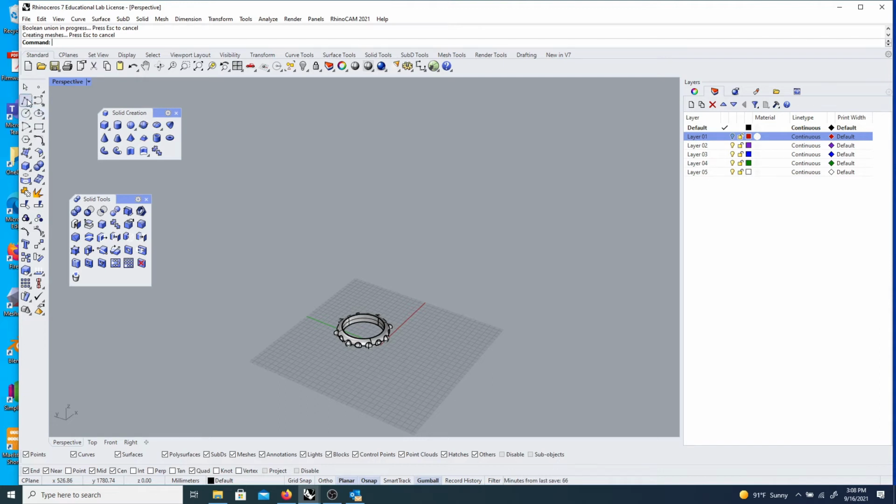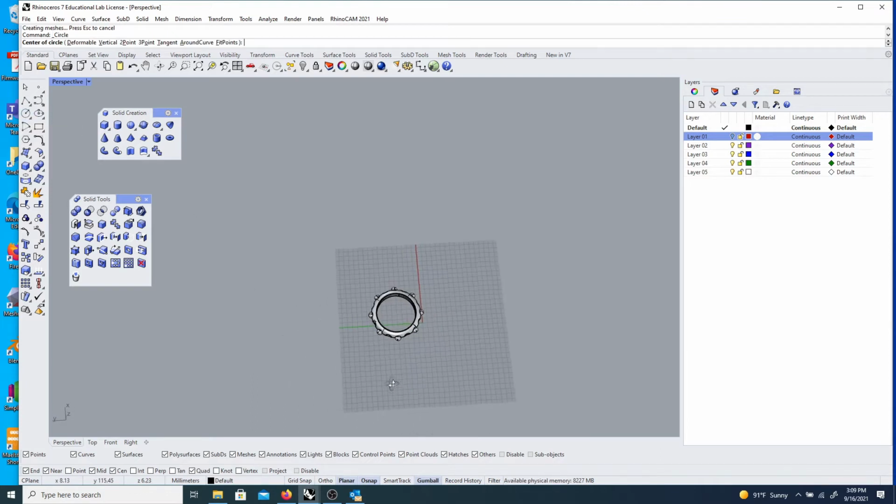So your curve tools, we can access those. We can click on here, and that gives us a big menu of curve tools. I tend to stick with the standard menu and use a few of the standard curves, which seem to do pretty much most of what I want. So if I just want a circle,